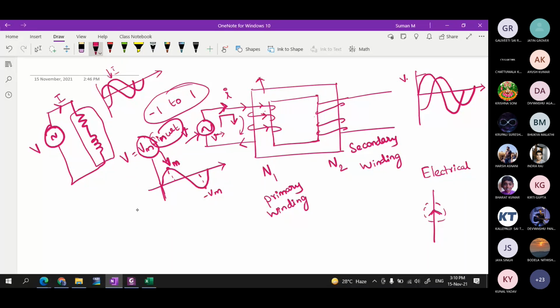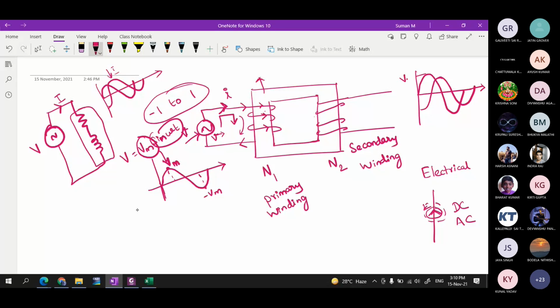Direction of the flux, you don't bother about as of now. If there is some current, irrespective of DC, direct or alternating current, you are going to have a flux across that conductor based on the current direction. That current direction is going to decide the flux direction. Here the current is the input, so because of the current there is going to be a flux. How that flux will be there is secondary. So now the current is flowing like this.